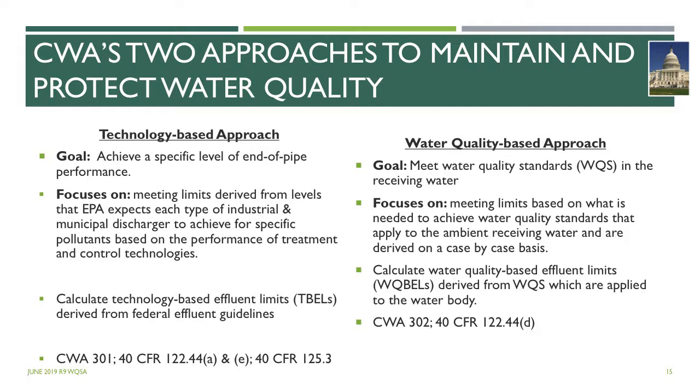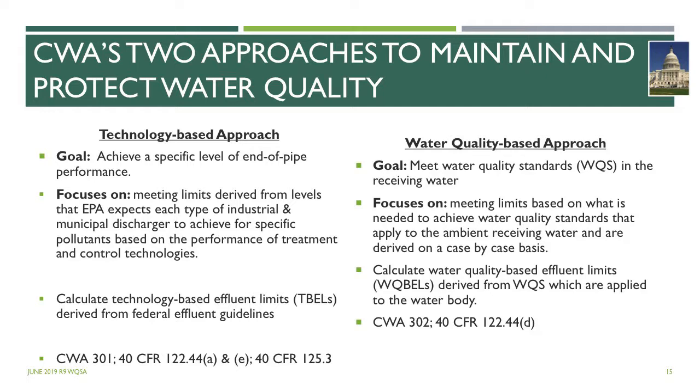And then it sets a bar that all pulp and paper mills, for example, need to at least achieve. It doesn't dictate exactly what they have to do, but in reality, they came up with that based on what they know is the technology out there. So technology-based effluent limits are really derived from those effluent guidelines.